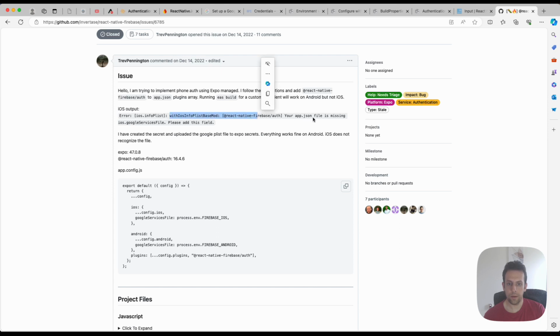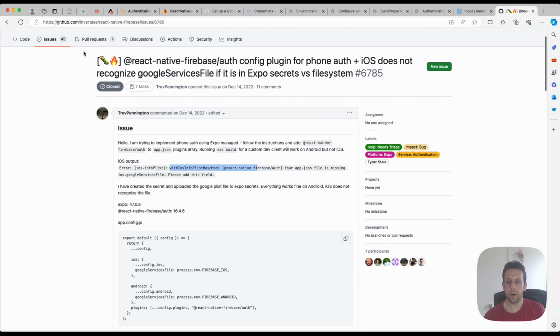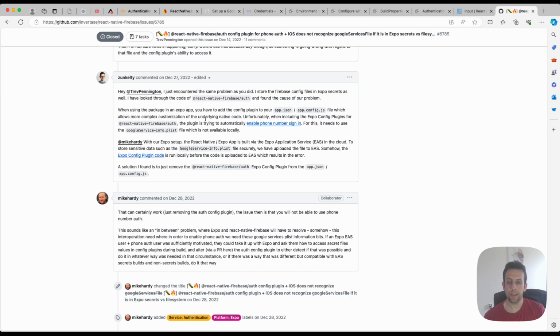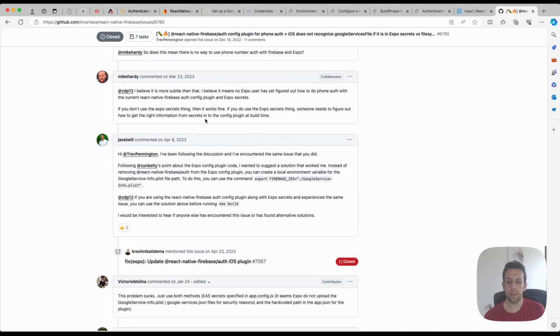This error over here says your app.json file is missing the Google services file. It has been mentioned in the React Native Firebase GitHub issues. The problem is that we are using Expo secrets, and React Native Firebase, when they start building, originally builds a version locally, and so that's when it doesn't have access to that secret on EAS. So the best solution I found here, and it's a workaround that also worked for this person over here, is